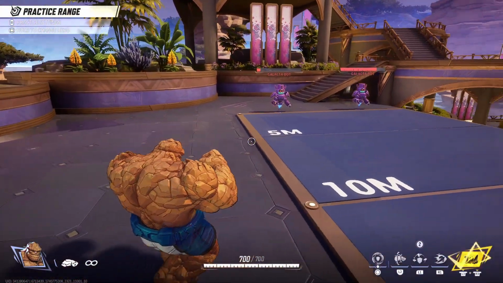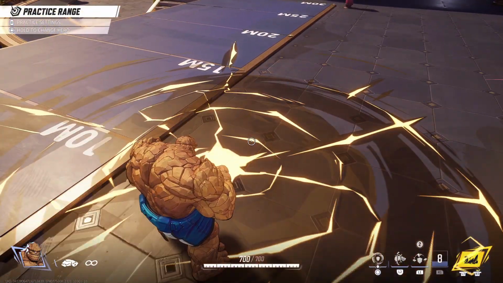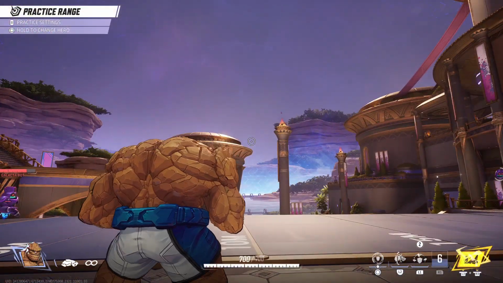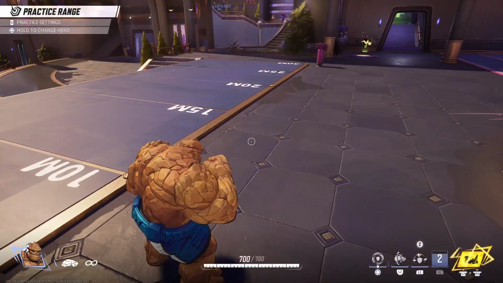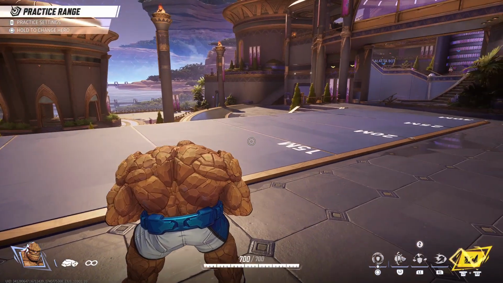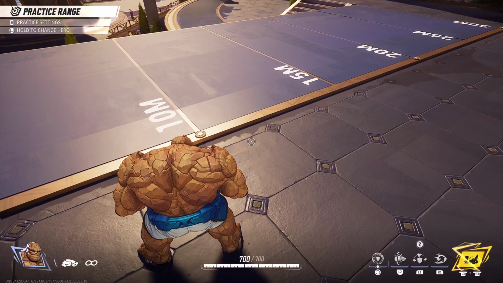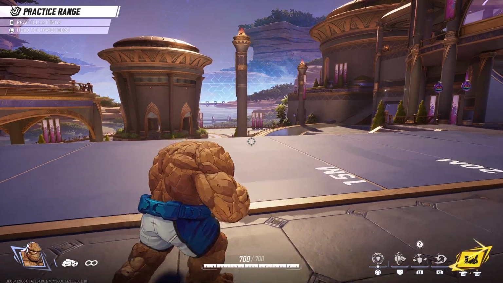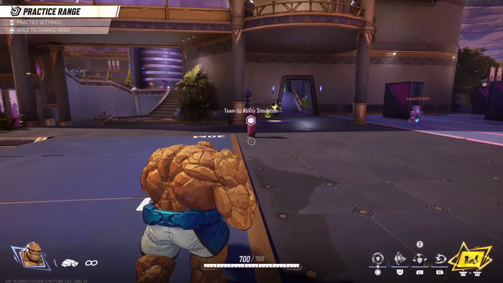Now, another tip that this R1 move does is in this circle, enemies can't use movement abilities. This means basically Black Panther's entire kit he can't use besides his spears. Spider-Man can't swing away. Venom can't swing away. These divers have no way of getting out if they're in this circle, which makes him a great anti-dive character